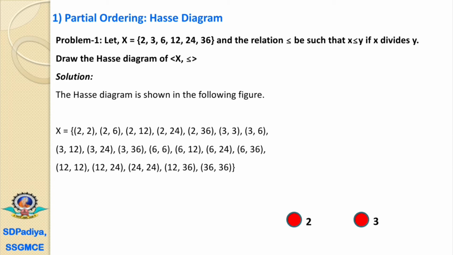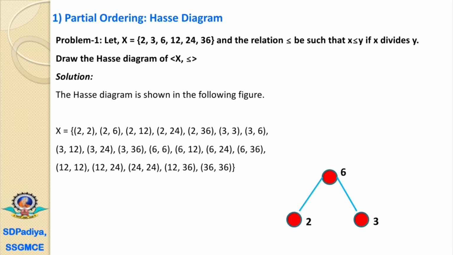Now for the next element 6, this 6 has a relation with 2 and 6 also has a relation with 3. From there we can observe that 2 comma 6 is there and 3 comma 6 is also there. Means this 2 and 3 are the divisors of 6. That's why we have to draw 6 at the above level. And the 2 has a relation with the 6 and 3 also has a direct relation with 6. That's why we have to connect this 2 and 3 with a line.